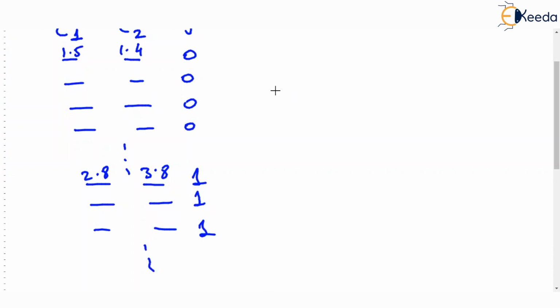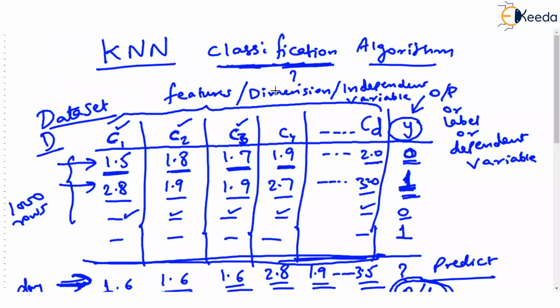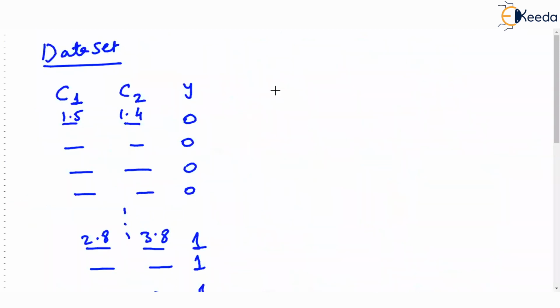Now, why did I take only 2 columns? Remember, the iris dataset has 4 columns, or in our very first example, I took D columns. I am taking 2 columns because I want to plot these points and see how they look on the graph. For plotting points, a 2-dimensional plane is very comfortable for us humans. Maximum we can plot on 3D, but 3D will also be very uncomfortable, because I can't draw 3D on a 2D monitor. So I have taken only 2 dimensions.